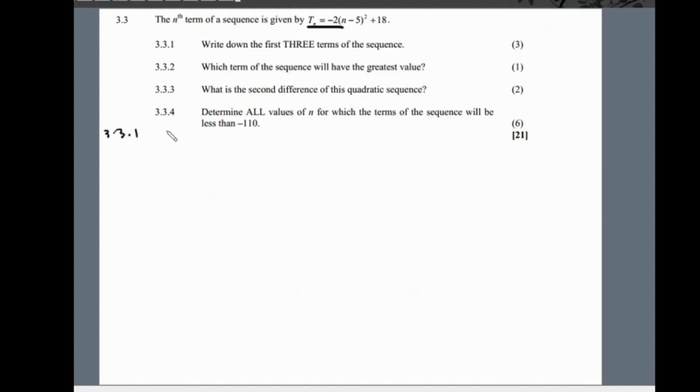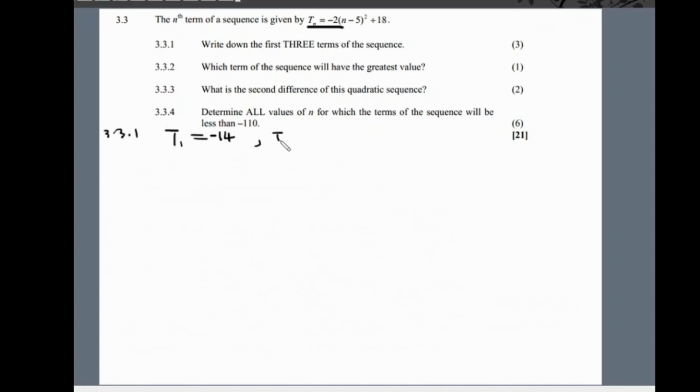So if you substitute 1 in that formula, you'll get T1 is equal to minus 14,